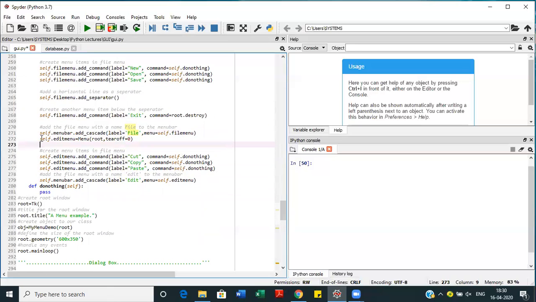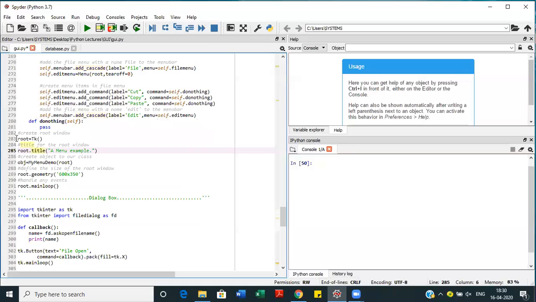After that, we have created one more menu, with the object name editmenu. Again, we have given tearoff 0. And in the same way, we have added the different items in it, and they perform nothing. And in the same way, we have cascaded it.